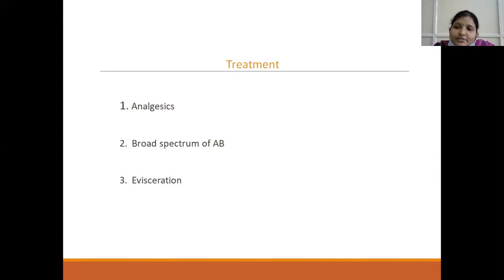So what is simple evisceration? Here all the intraocular contents are scooped out, leaving the total sclera behind. And what is frill evisceration? Here all the intraocular contents along with a part of sclera is removed, and only 3 mm of the sclera is left behind surrounding the optic nerve. So why must we do evisceration? Because it prevents the spread of the infection intracranially through the dura mater of the optic nerve. So we'll see a video of evisceration.